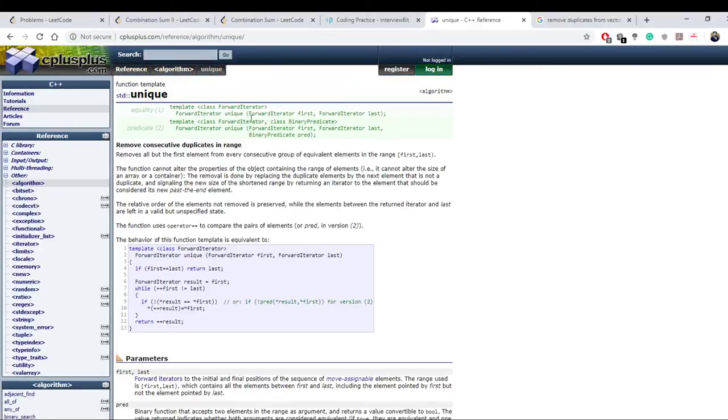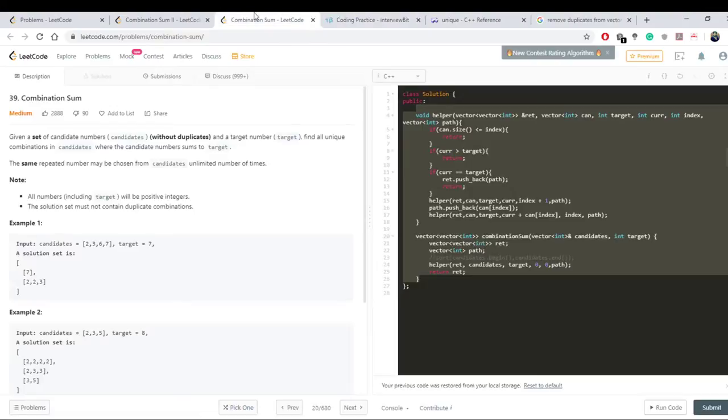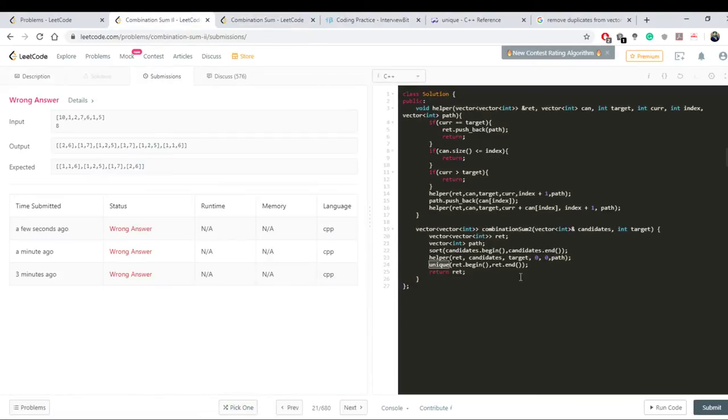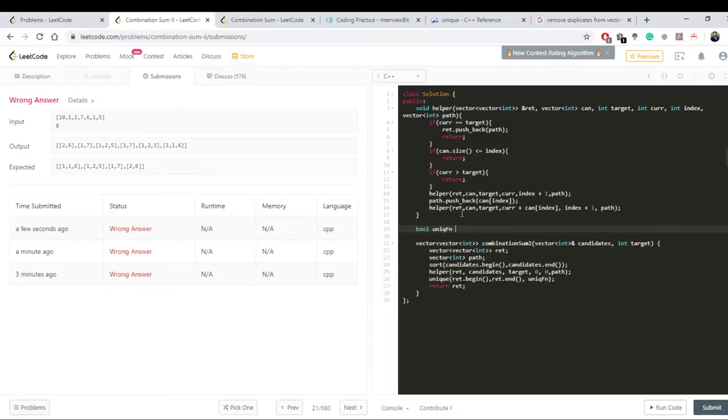If we can give a function predicate, yeah. Let's try doing that. Unique function, and what this will do is